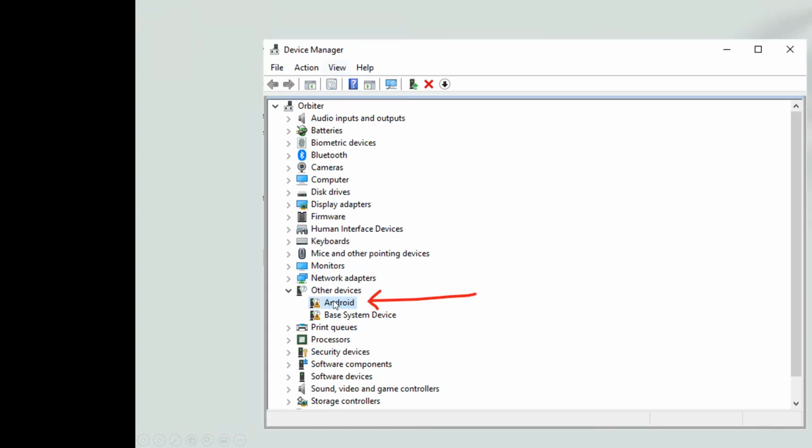Then you can see, whenever I connect my Android device, and now my device looks like the fastboot mode I showed you earlier, this is how it looks in the device manager. Okay, and that is the problem. This is the reason why our fastboot or our Android device is not detected, because the drivers are missing. Okay, that's the whole reason.